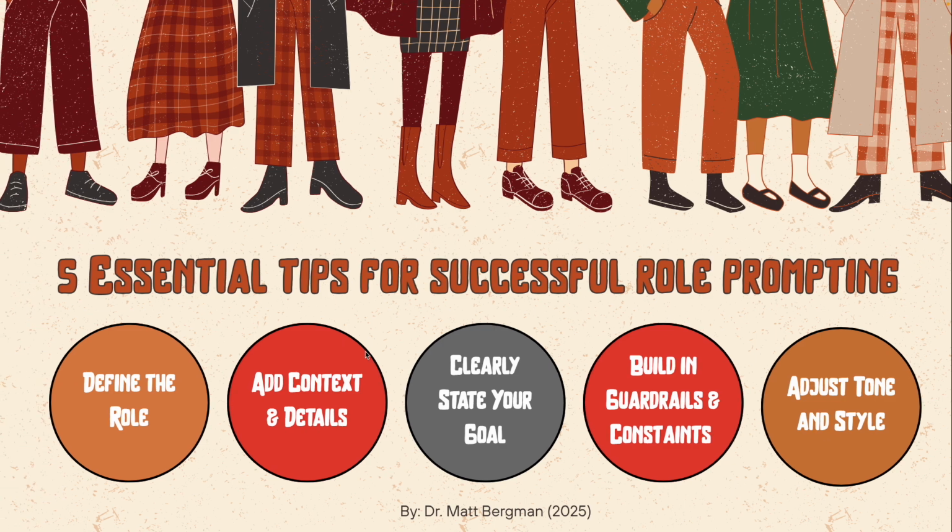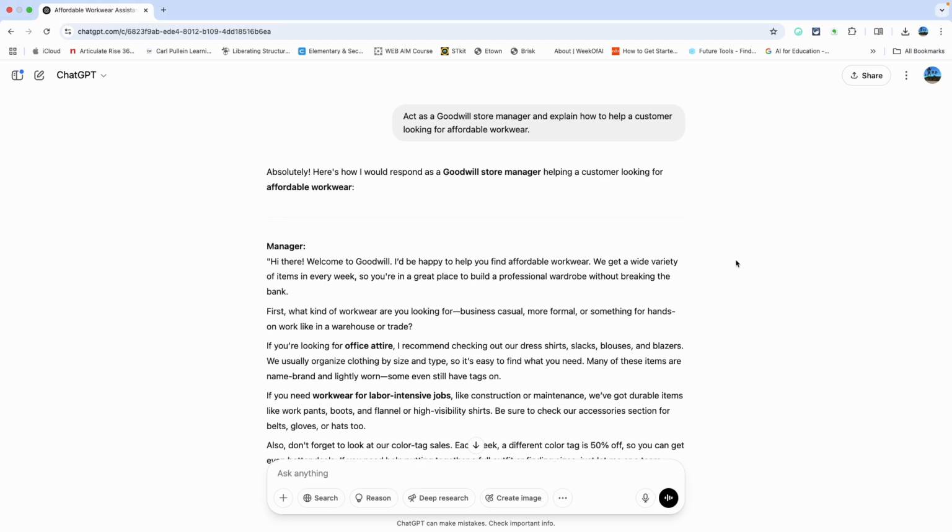All right, idea number 2 is adding context and details. I always like to say context matters. And when you're talking about context, that means the relevant background knowledge that you want AI to know to generate a more realistic response. So, taking this a step further, we could basically say, look,